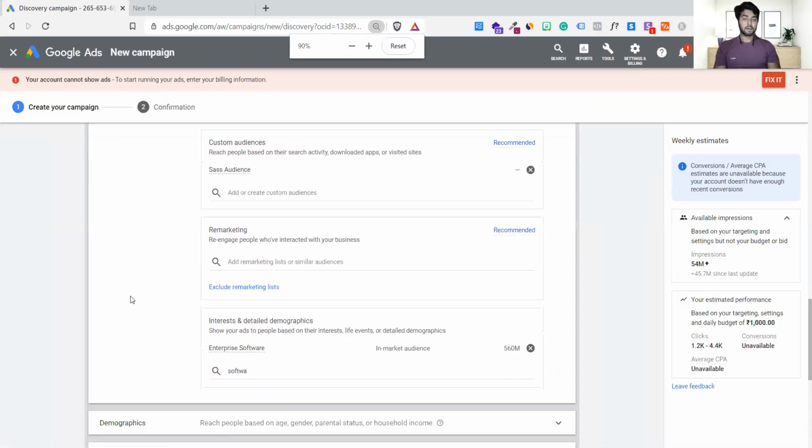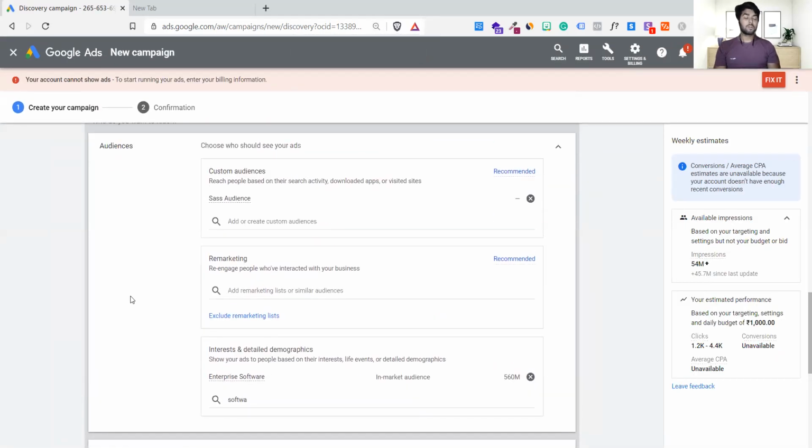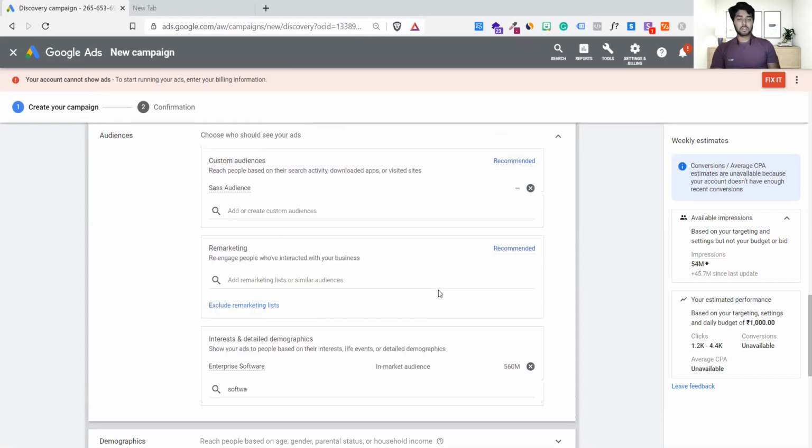Now, what do you think? If I give this command to Google, what is going to happen? Because I have given commands multiple times, on custom audiences as well as on interest audiences. Do you think Google can perform its best option, best advertisement? Estimation is given. Yeah, it's fine, that estimation is really good. Okay, let's ignore the estimation for some time.